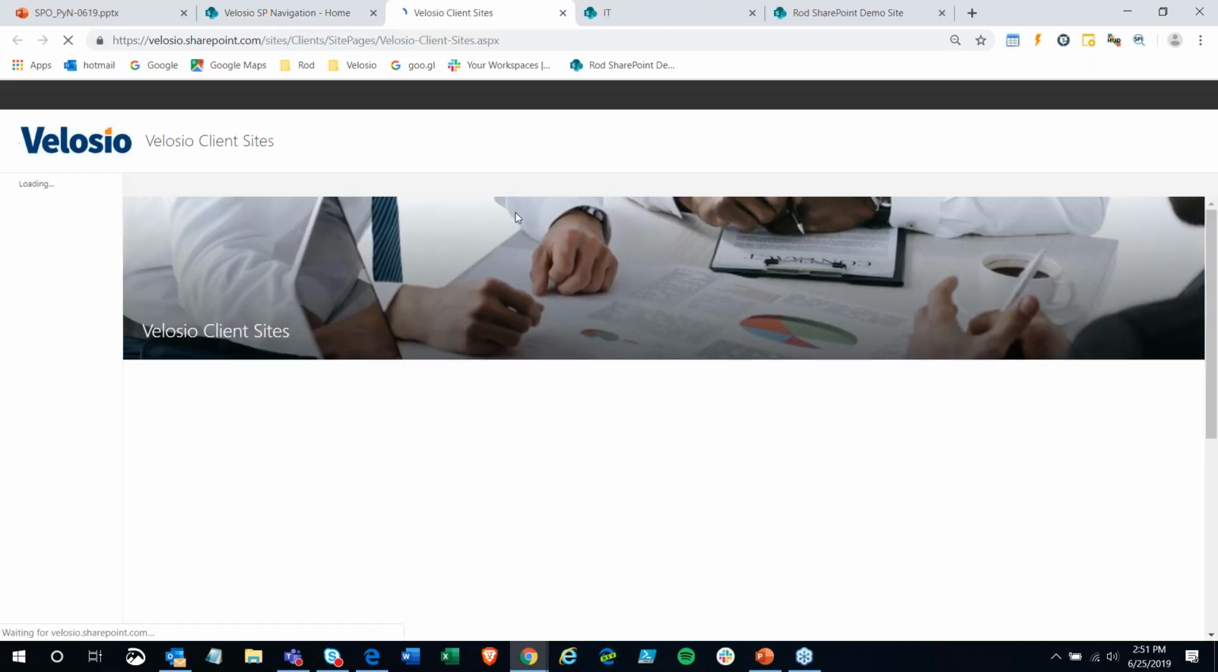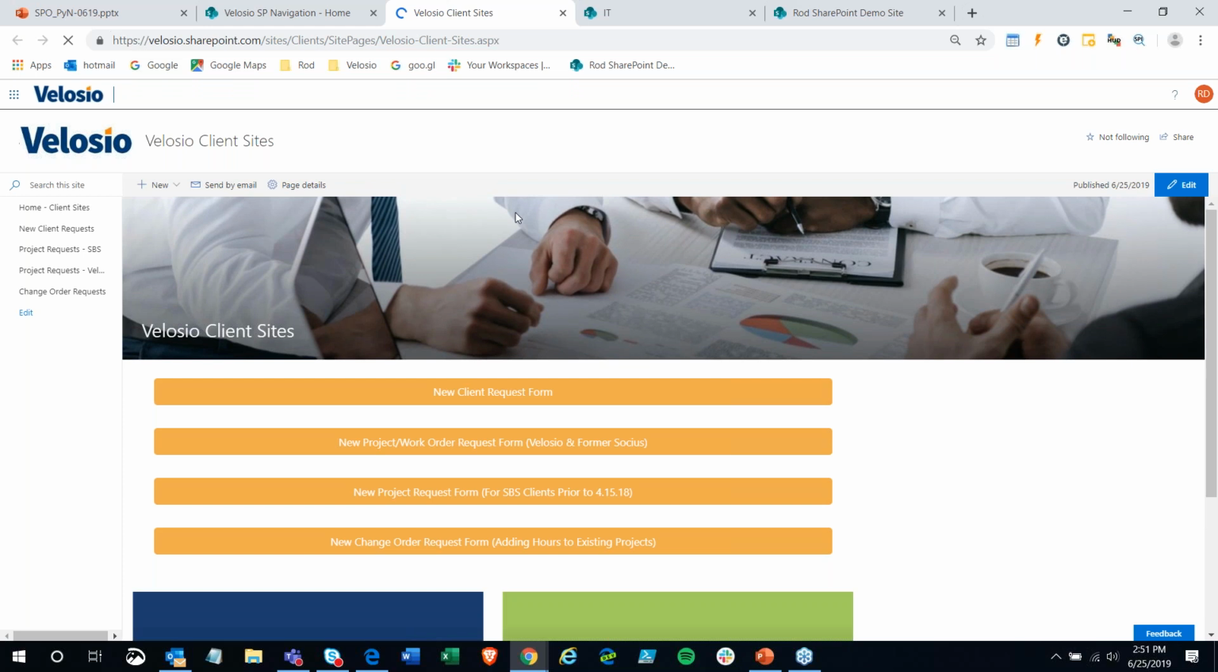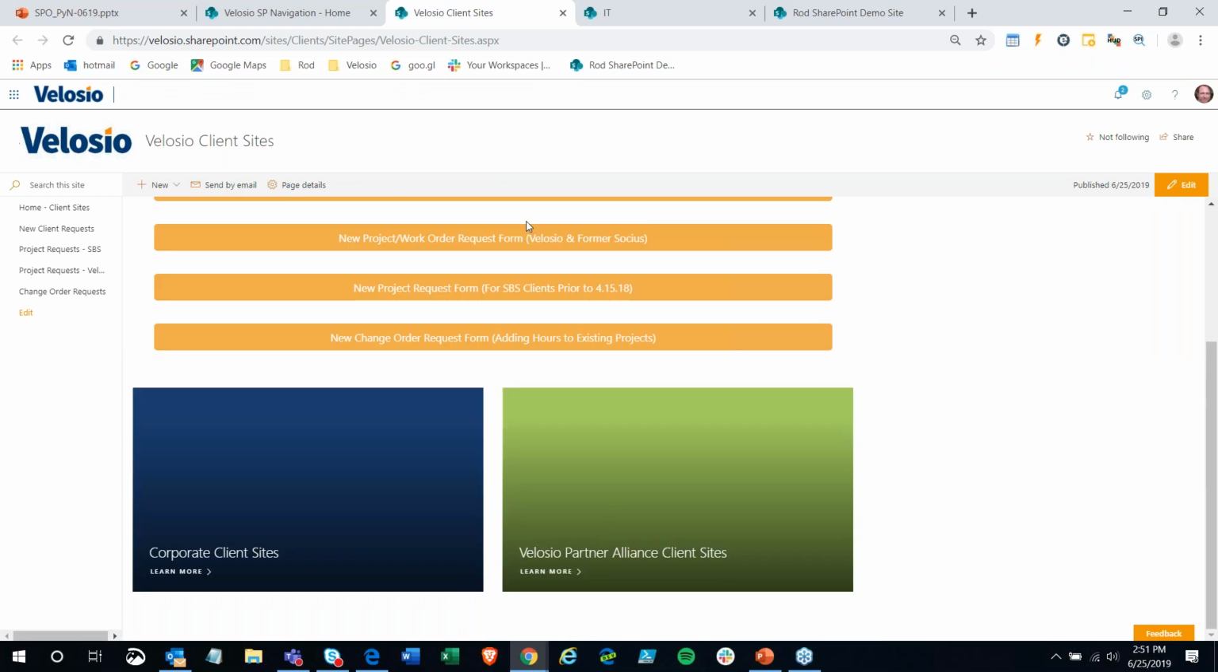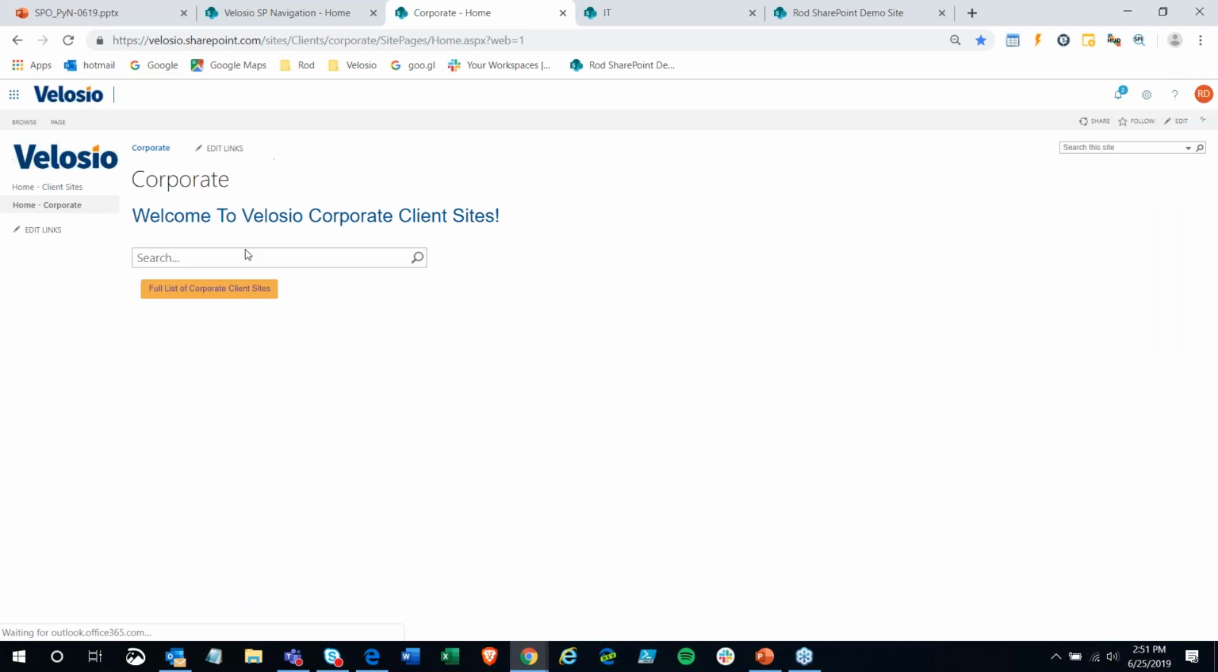For the client sites, and this is where something that, as all of the Velocio clients, as soon as we have a client come on board, we come in and set them up into CRM, which generates the site over here within,